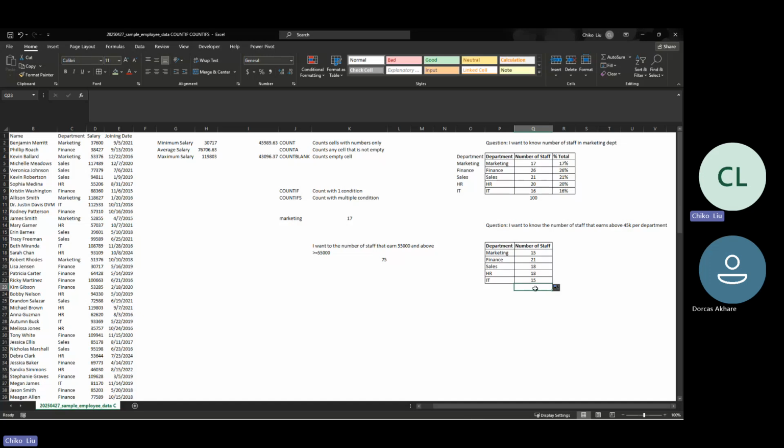I'll just do alt equal to. Did I highlight everything? Oh, sorry. It is not going to give you 100 because we are giving a condition of above 45, so it's not going to be 100. Many apologies. That is my mistake. Okay. Yeah, it is not going to give you 100 because we are saying that above 45,000. Remember, we had